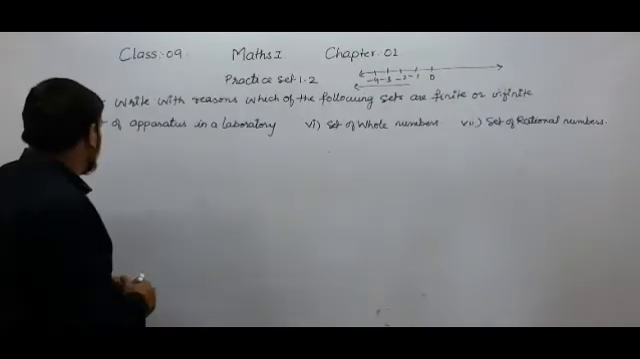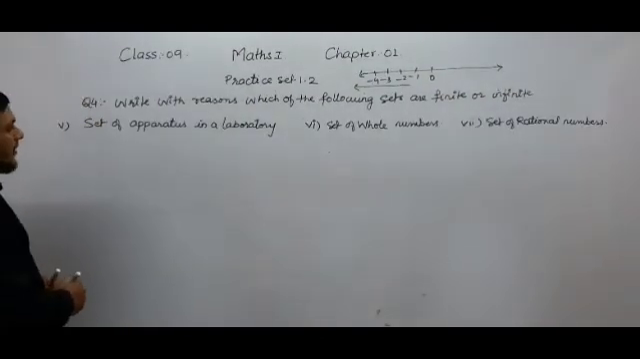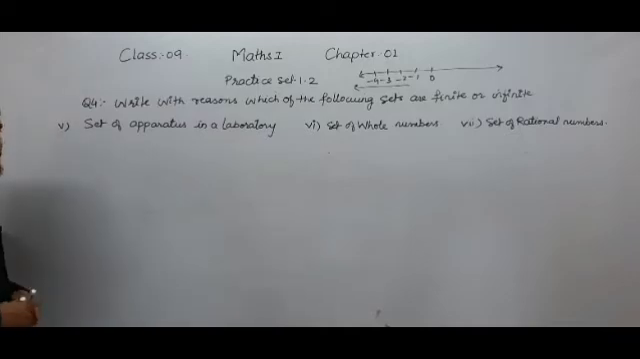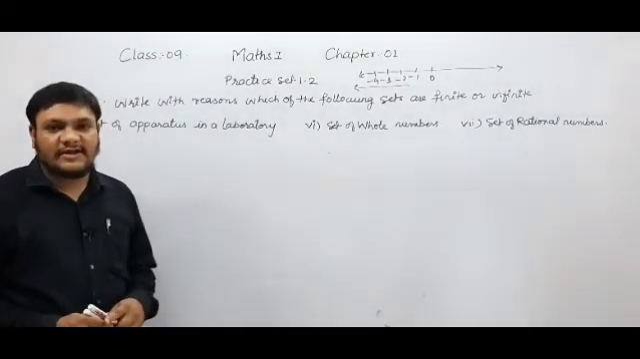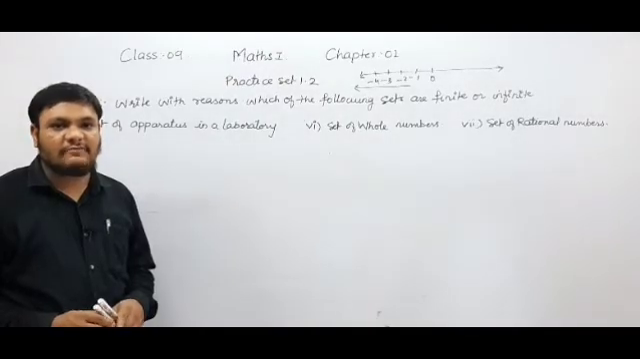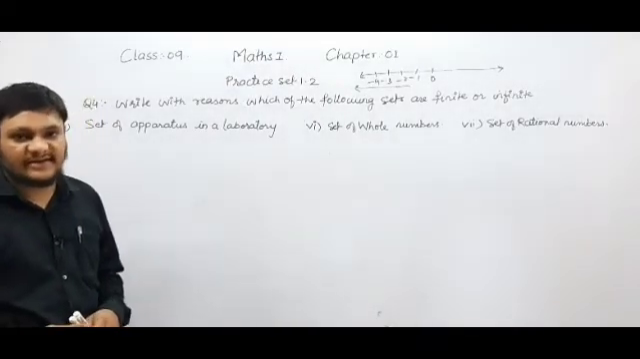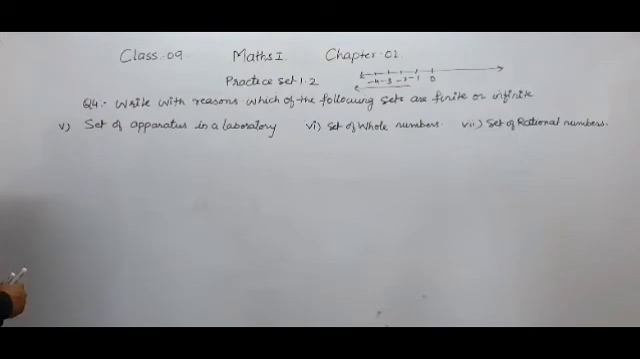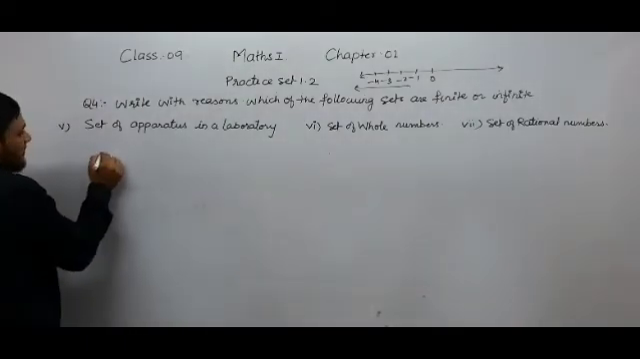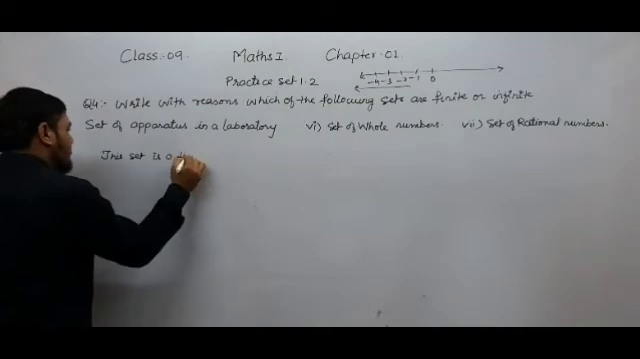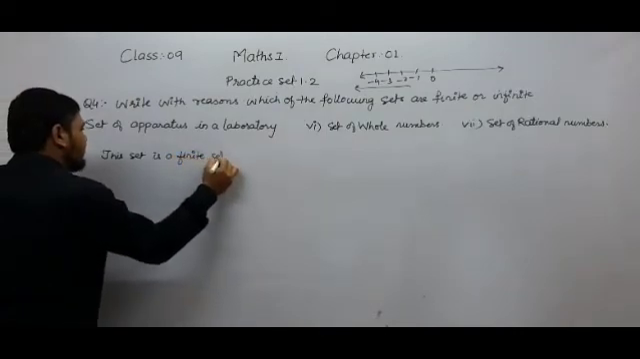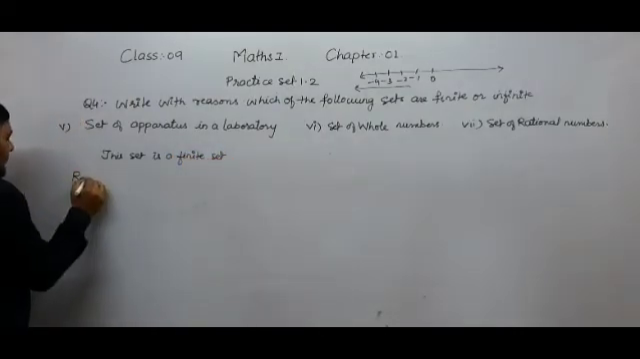So student, now the next set is set of apparatus in a laboratory. So student, we can see that the apparatus of any laboratory are countable. So if we make the set of apparatus of a laboratory, then we can count the objects, we can count the apparatus. That is why this set is a finite set. So here we can give the reason: